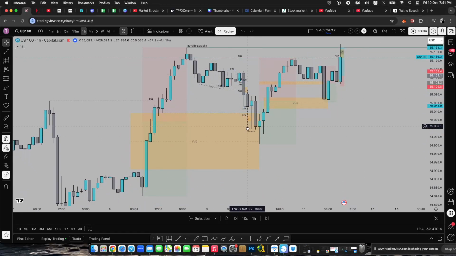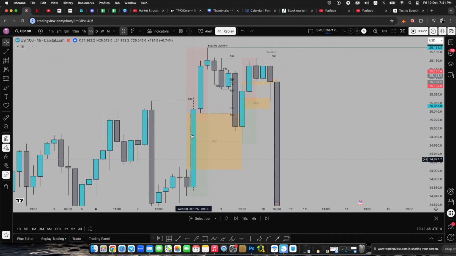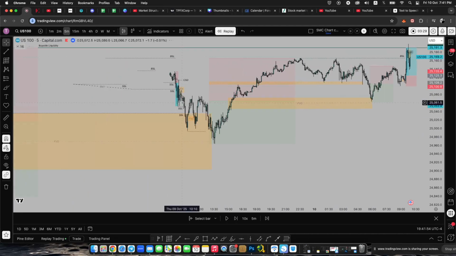It will correct itself. It's going to try to look for discount. If you use your Fibonacci from the low point of this whole impulse to the high, just to understand, we are in discount, below 50%. On top of that, we have this gigantic 4-hour fair value gap that we use as our higher time frame PD arrays.